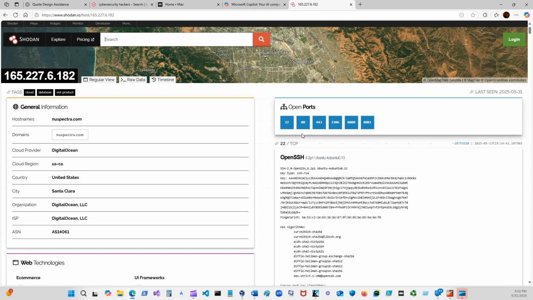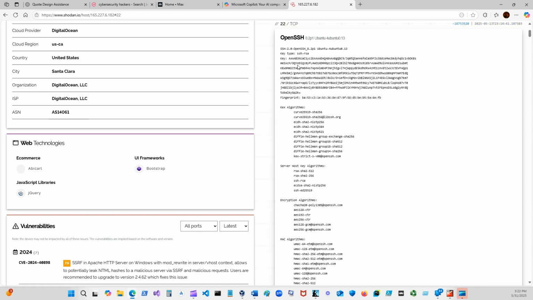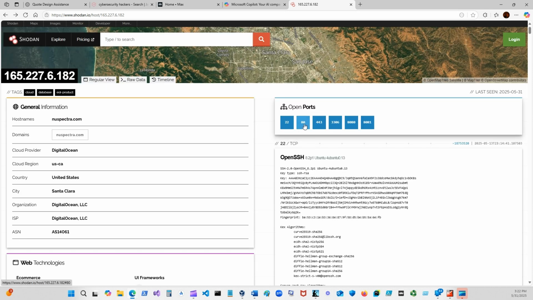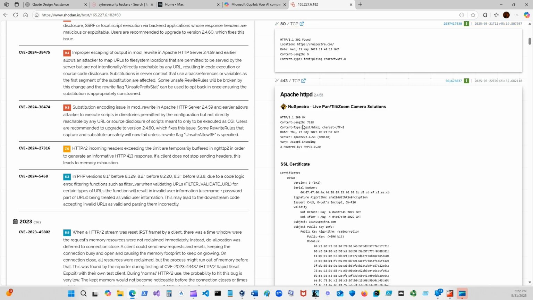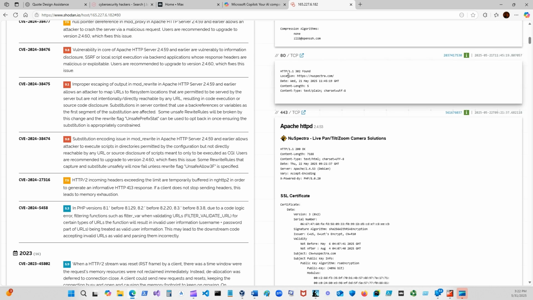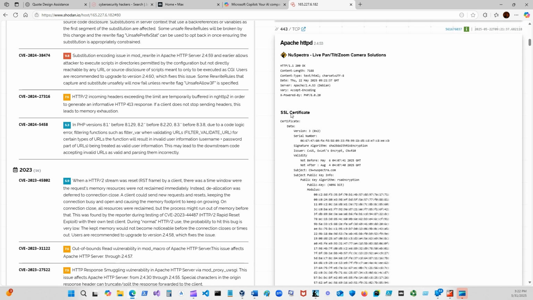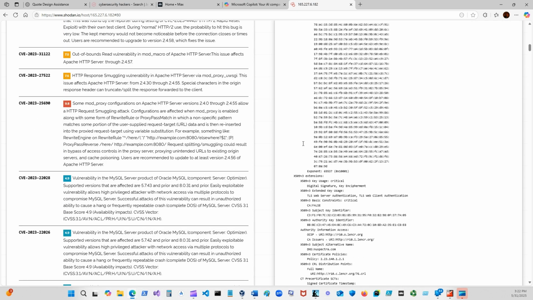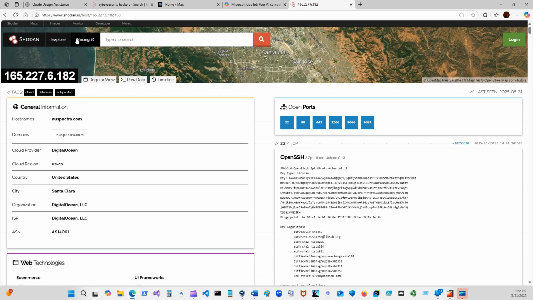Let's see. I already got here. Port 22 right there. That's SSH. Let's go to port 80, would probably be HTTP. Not found. 302 found. So yeah, I mean, it's just fun. Just mess with it. See if we can find a video camera.